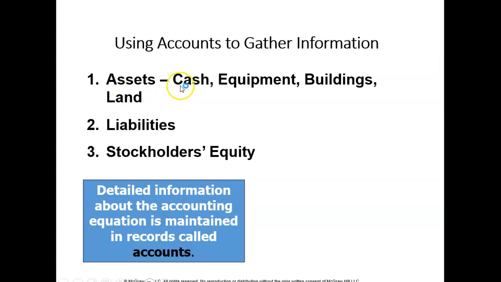There's a cash account, an equipment account, a building account, a land account. And those accounts are used to keep detailed information about those different types of accounts. So if I want to know the amount of cash I have, I'll take a look at my cash account